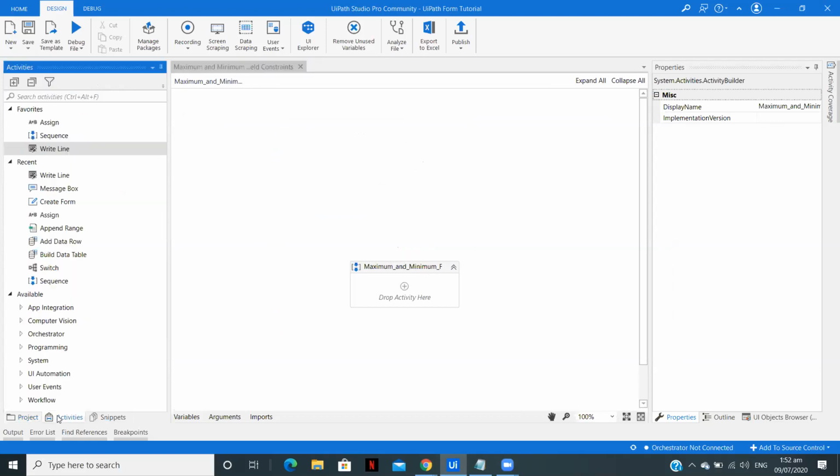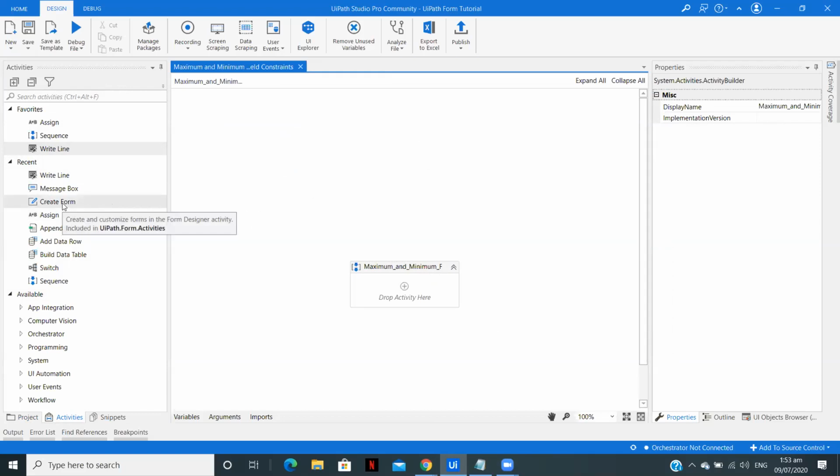Now let's start with creating a simple form. Here we'll try to create a simple registration form with first name, last name, email ID, and user ID, and a password. In password, as we see many times when we create passwords on different websites, we see a constraint like 8 to 16, or that it should be a minimum of 4 length or something like that. So we'll try to replicate that type of constraint using UiPath form.